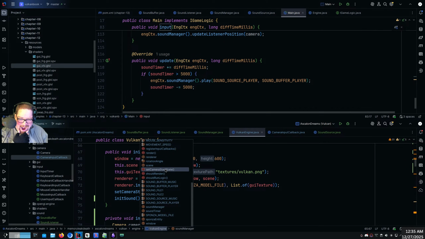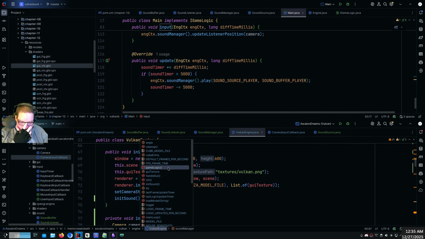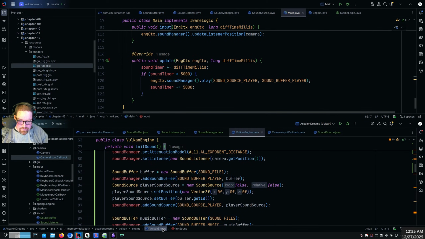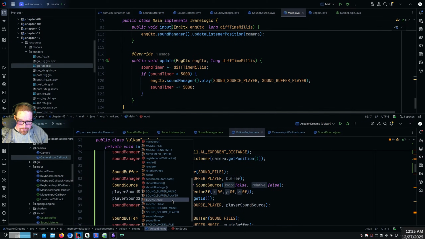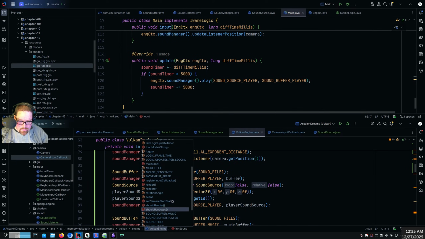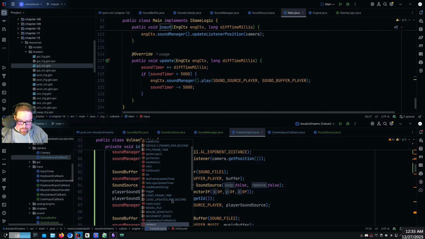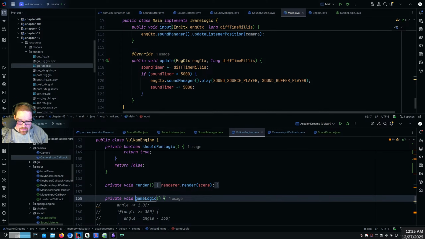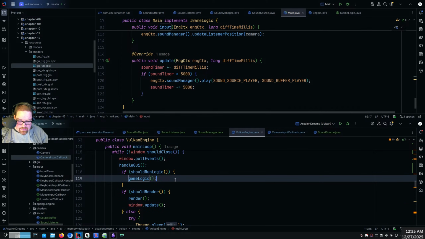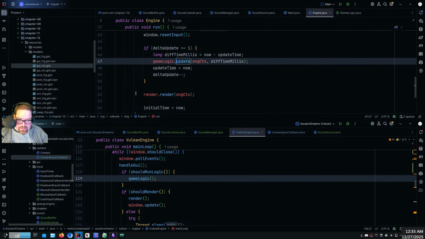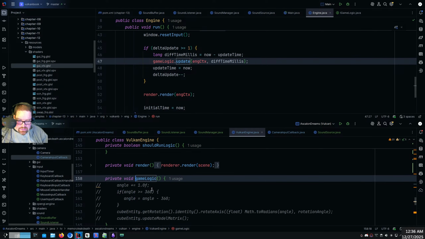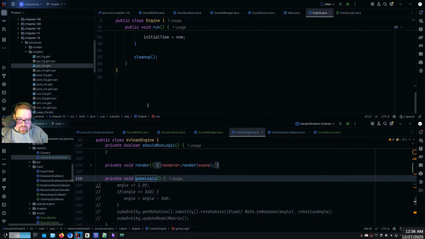Where is it at? Look down here. Here it is, game logic. This is called from should render logic. Is that what they're calling it, basically? Basically, okay. So game logic, so in here,